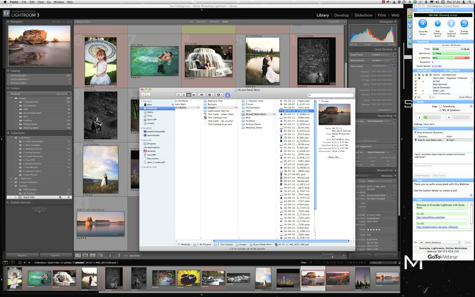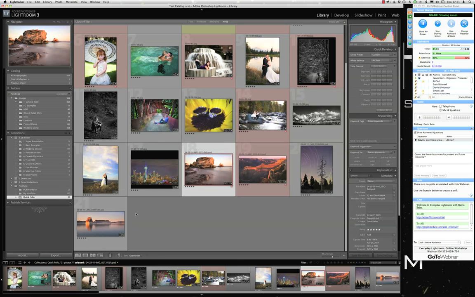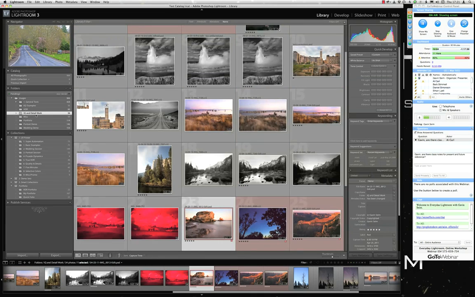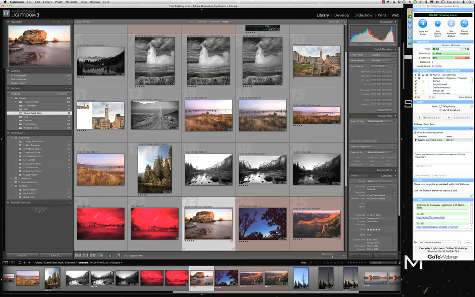Why is that? Okay, so a collection is not a folder. A collection, kind of think of it as a folder that's only specific to Lightroom. So it doesn't move the original file. It doesn't change the original file. A collection is adding it to a group within Lightroom. It doesn't make a copy of the file. It's the same image. So if I were to click here, see this is selected. If I were to go and click back to the actual physical folder, IQ and Detail Work, it would still be selected